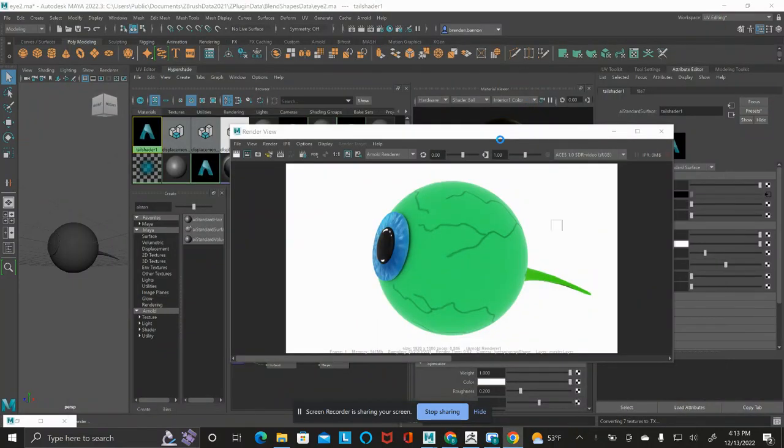Okay, so now I've attached all of the textures. You can see them here on the eye. We can see the displacement maps in them. We can see everything attached. So I'm going to go ahead and